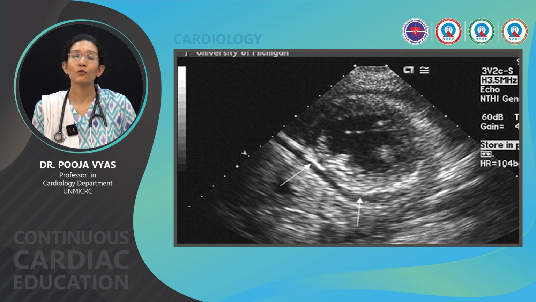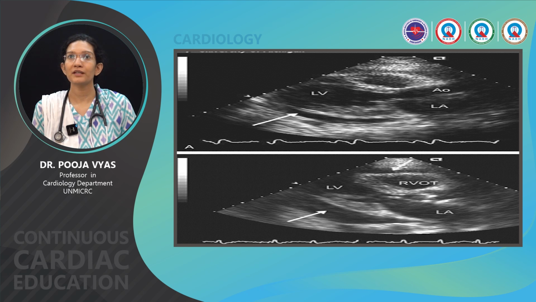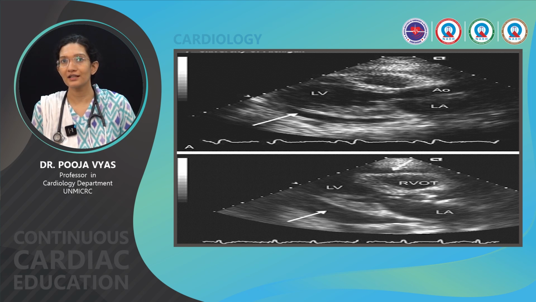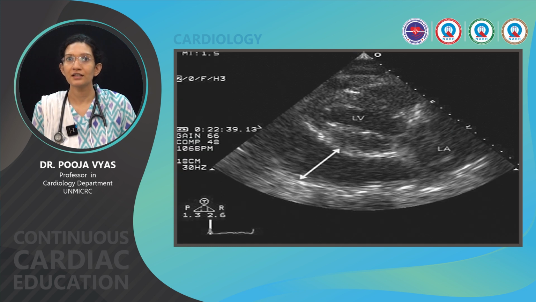This image shows a small pericardial effusion. Next image, this shows a large pericardial effusion. Again, the upper image shows a small pericardial effusion, and the lower image shows a moderate pericardial effusion. Here again the image shows a moderate pericardial effusion with that echo-free space, the dimension showing that it is 18